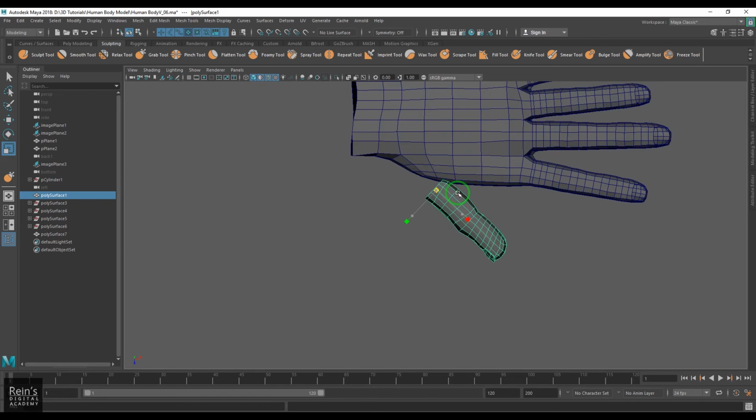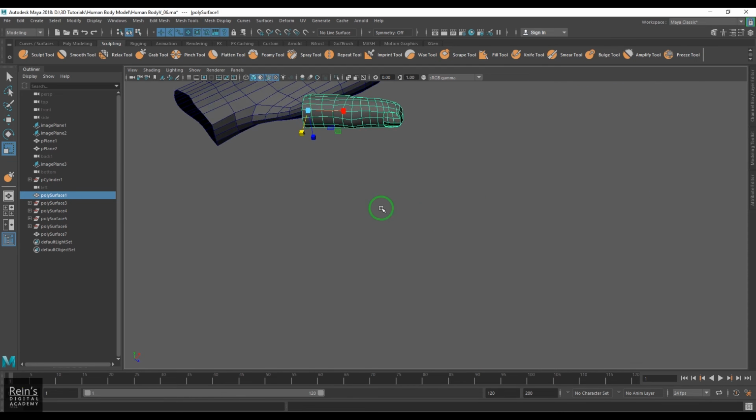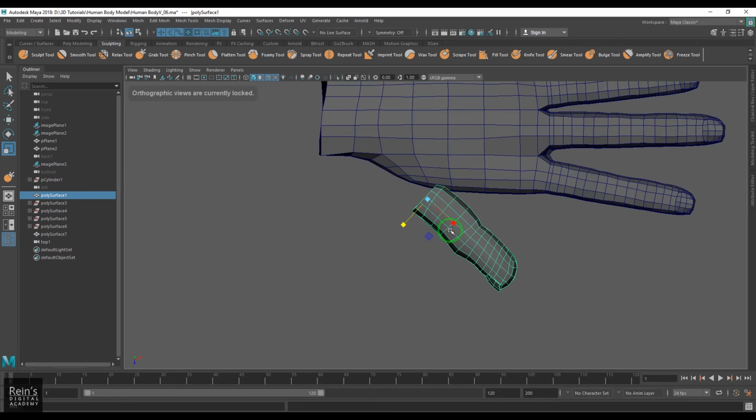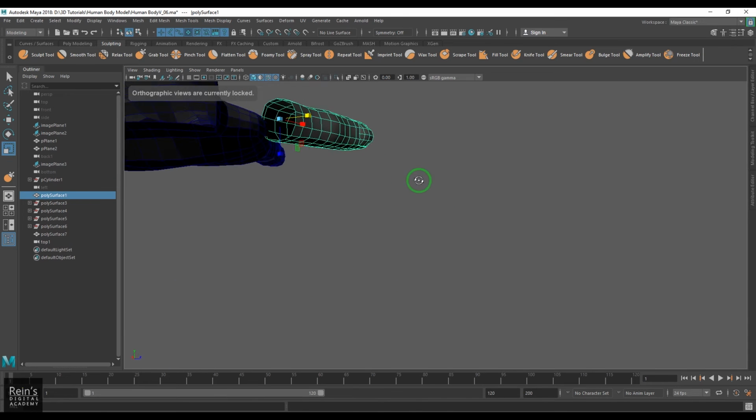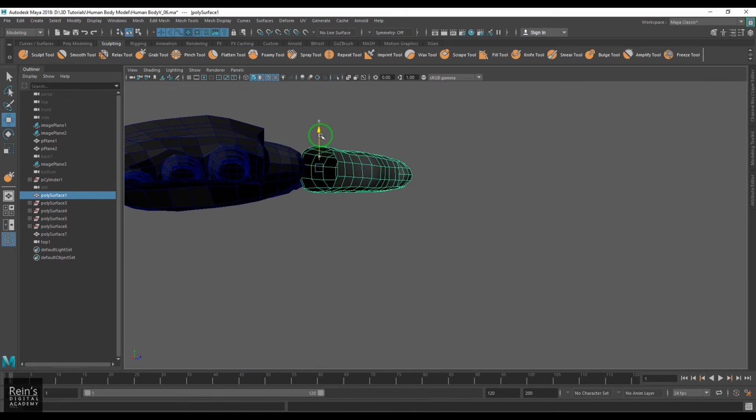So I'm going to scale it thick and fat, basically the model looks like, and also I need to place it